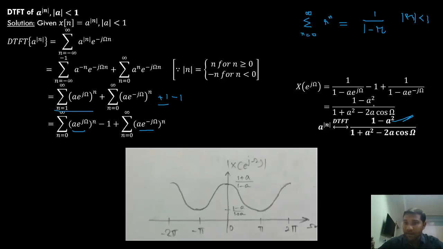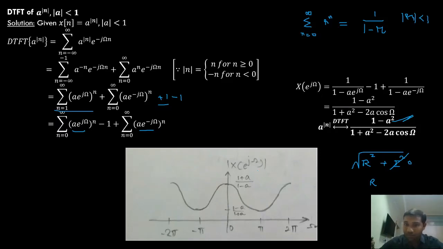the same thing, right? Magnitude spectrum is real term square plus imaginary term square under square root. My imaginary term is 0 and I'm only left with real term. So square root of our real term square is nothing but the real term. So this is my magnitude spectrum. Whatever we found the DTFT here in this case is the same as the magnitude spectrum.